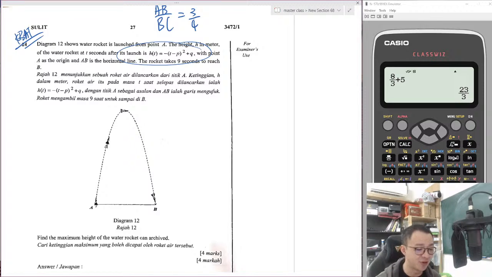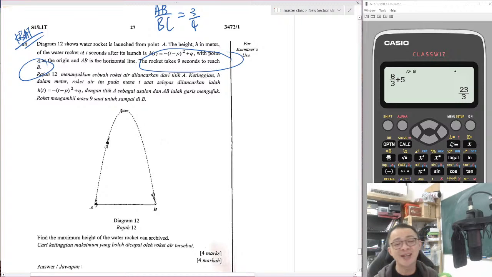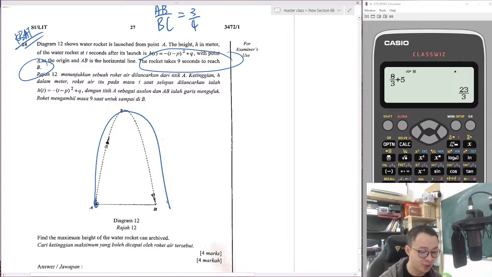So AB is a horizontal line. It takes 9 seconds to reach the point B. This is super important. 9 seconds means what? It means from here, he goes all the way to the point B here. It takes 9 seconds. Because this one is called a parabola graph,